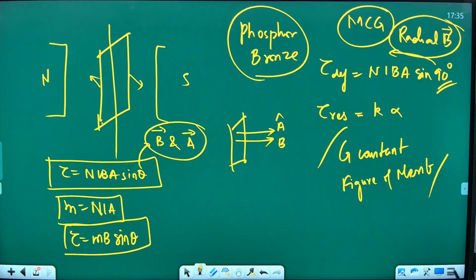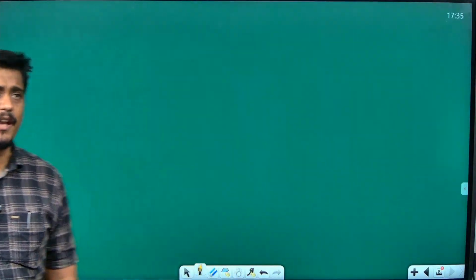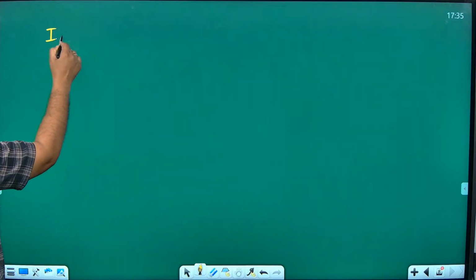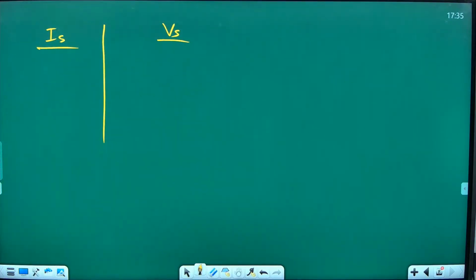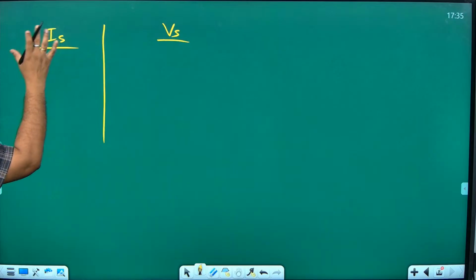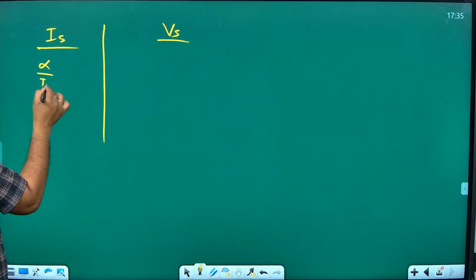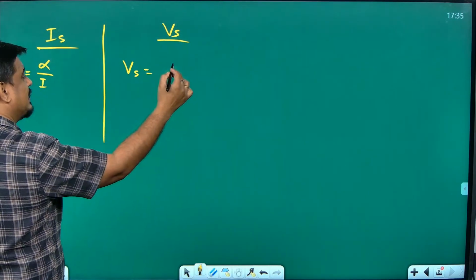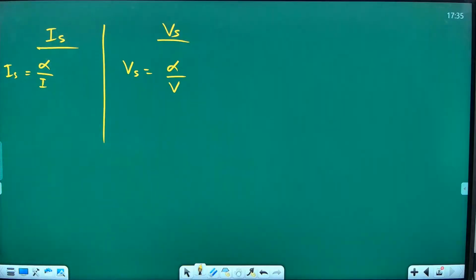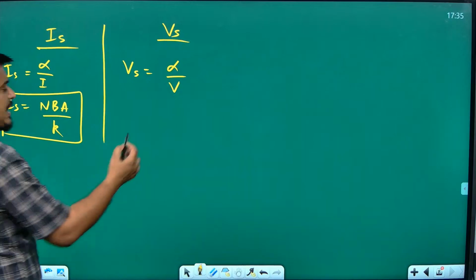That makes us come to a topic which is called the sensitivity of a galvanometer. So a galvanometer has two sensitivities. One is called current sensitivity, one is called voltage sensitivity. And what are those? Current sensitivity means deflection per unit current, isn't it? Yes. And voltage sensitivity means deflection per unit voltage. So you will know that IS will become equal to NBA by K. Put the value of alpha here. Same way VS will become equal to